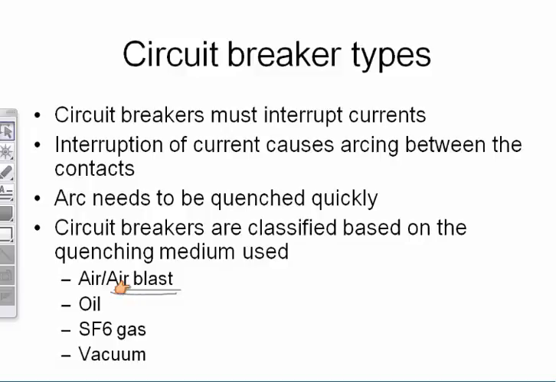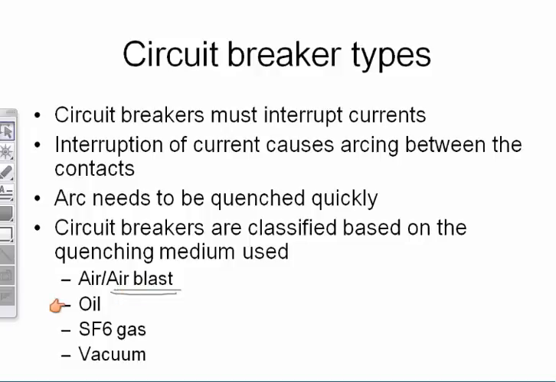So air blast is used for higher voltages. It's an old-fashioned system. You don't use them anymore. They were common in the 70s. Air is low voltage, air blast is high voltage. The difference being you use pressurized air. Air has limited insulation properties. By using high pressure air, you are improving the insulation performance. These need a compressor plant and so on. Complex.